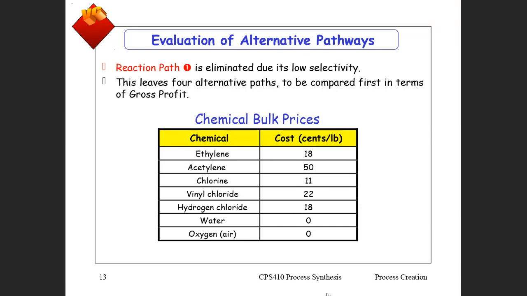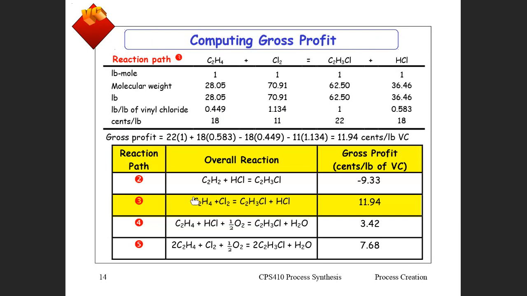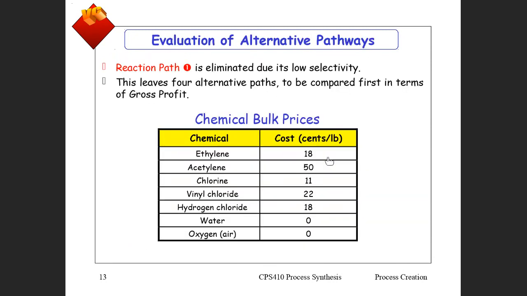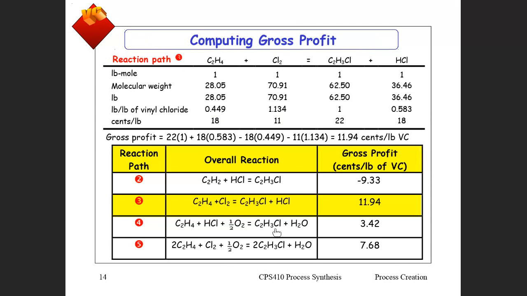Okay, so we've got the chemical prices, and then what do we find? We have a look at the cost of using acetylene, which is really expensive. Let's just go back quickly and have a look at acetylene. We look down the prices. There's acetylene at 50, much more expensive, more than double even your actual product that you're trying to make. So when we have a look at using acetylene and HCl, we find that we would actually make a loss. Never mind the cost of building the plant, never mind the cost of operating the plant. Simply, we are making something that is less valuable than the stuff we're putting in,